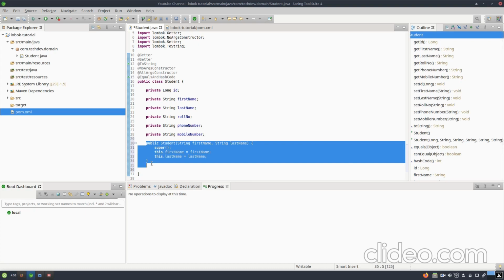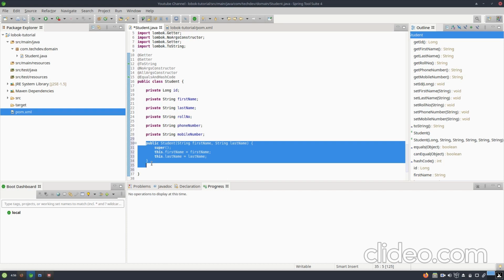But suppose this is just for the 5 to 6 parameters available in this class right now. What if there are more than 50 properties in the student class? Suppose I want sometimes 3 members to be constructed, sometimes 4 members, sometimes 10 members. For that, you will generally create constructors with all those fields, which means multiple constructors.